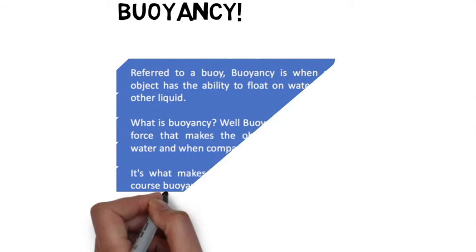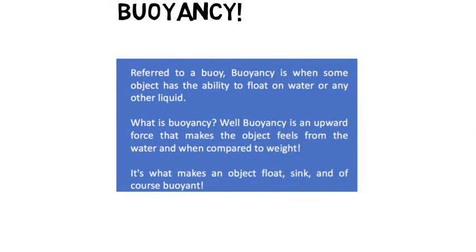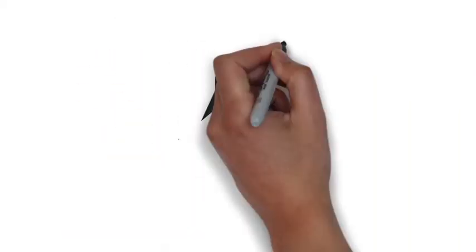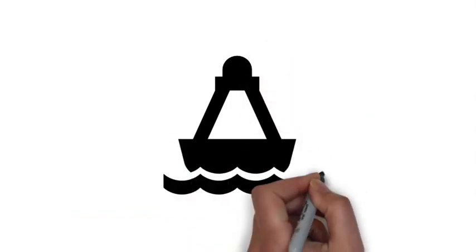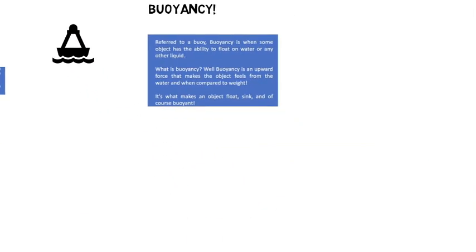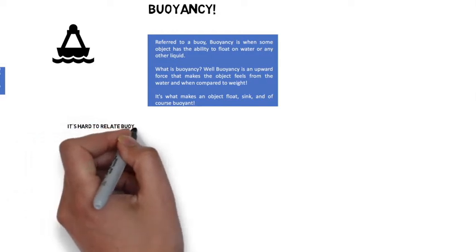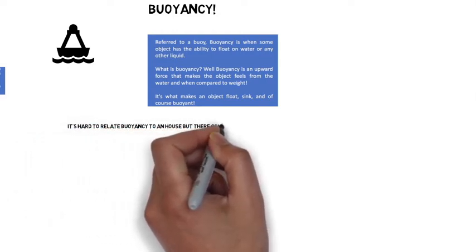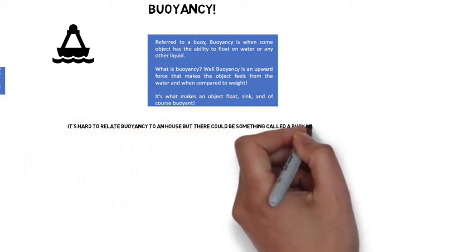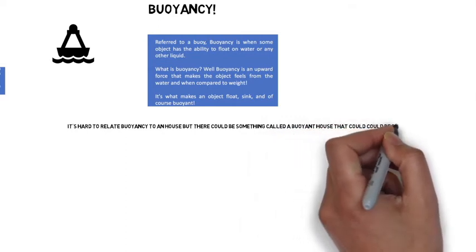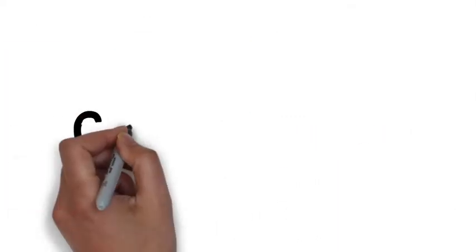Buoyancy. Now this is buoyancy, referring to a buoy. Buoyancy is the ability of an object to float on water or another fluid. So yeah, buoyancy is when hotter fluids rise and colder fluids sink, which are the principles